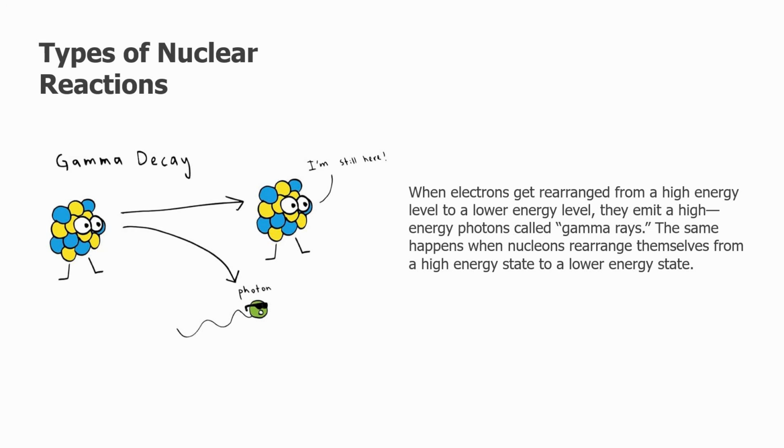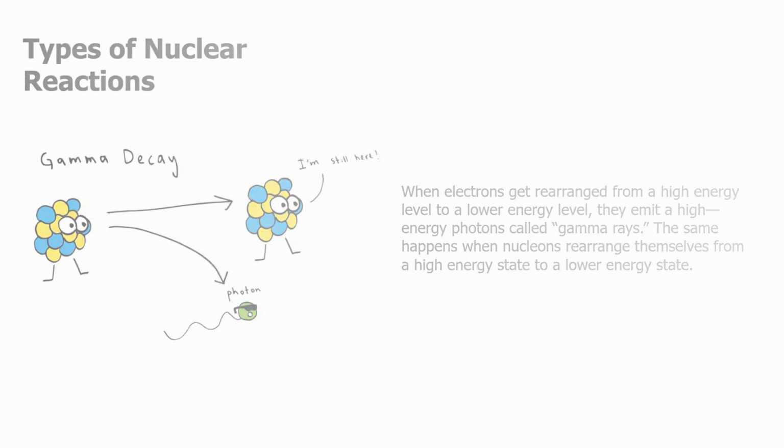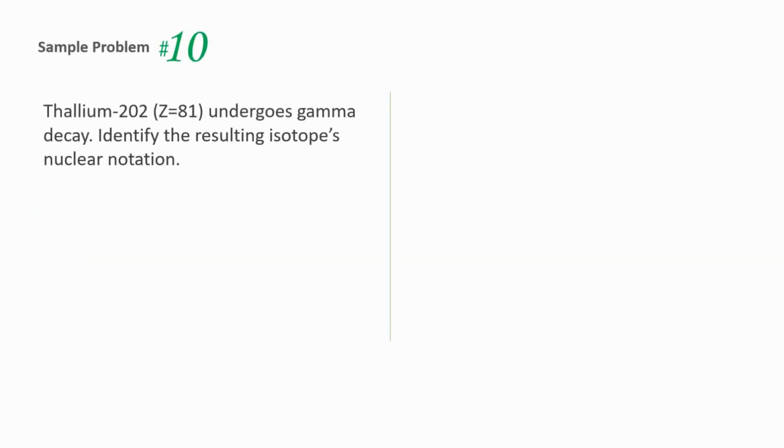Okay, so when electrons get rearranged kasi from a high energy level to a lower energy level, they emit a high energy photon, which are called gamma rays. So the same happens when nucleons rearrange themselves from a high energy state to a lower energy state. So let's have the following